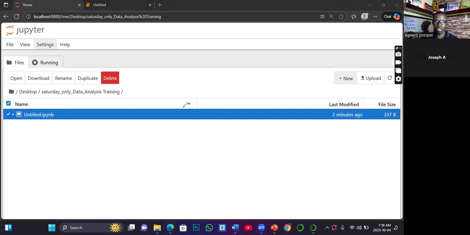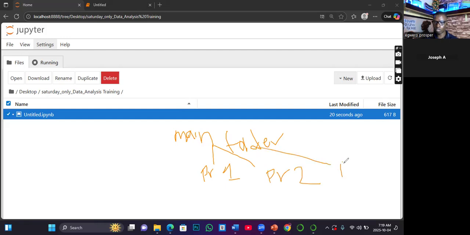What we are saying is just like this. Let's say this one is the main folder. Then inside this main folder, maybe this one is your project one, this one is project two, and this one is project three.